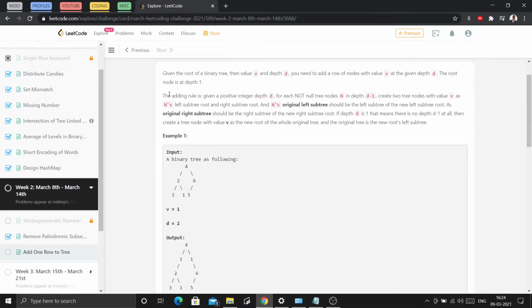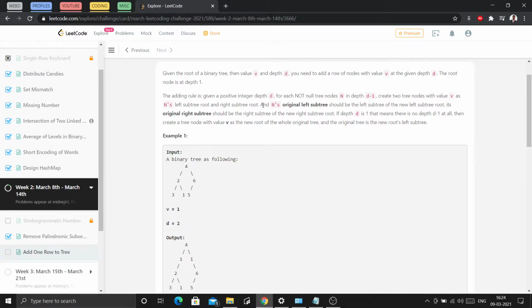Now the next statement is the adding rule. Given a positive integer d, for each not null tree node n in depth d minus 1, create two tree nodes with value v as n's left subtree root and right subtree root.